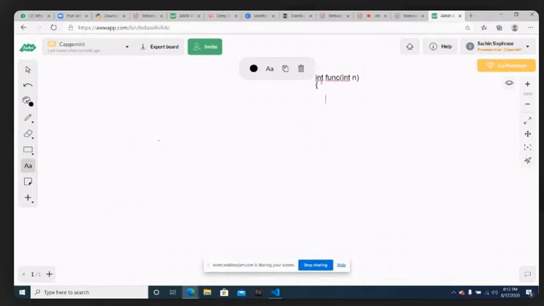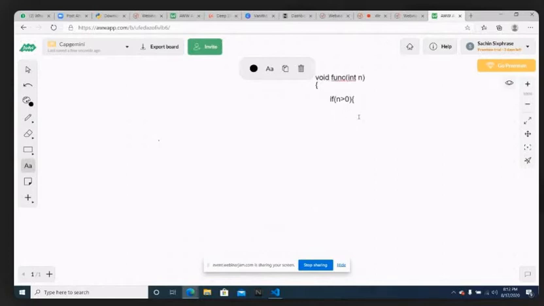Inside the recursive function, I will be placing if n greater than 0. Actually, I'll take the return type not as integer, I'll take the return type as void.